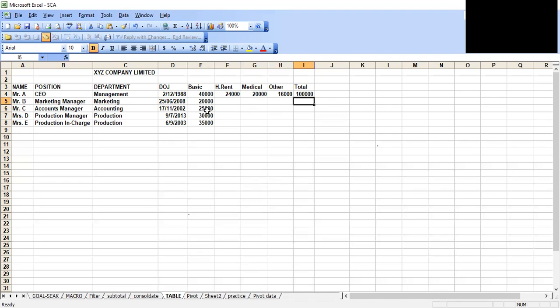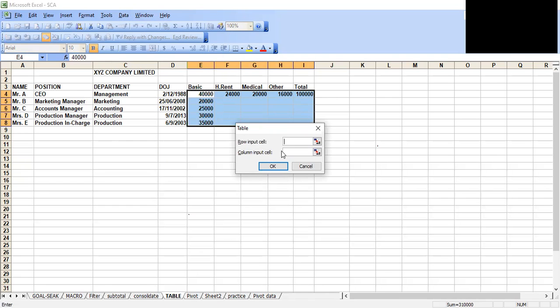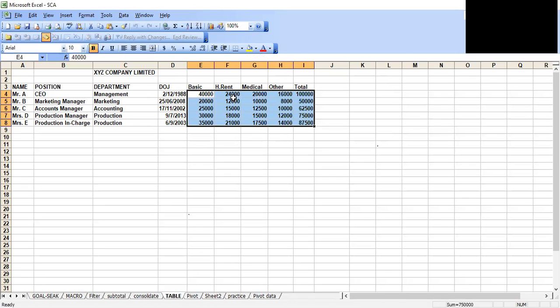Now to find out the other persons' total salary, also house rent, medical, and others, select all. Now we'll go to the data table and click column input cell here. Now first, Mr. A, CEO, click this basic salary and then click OK. You will find all the persons' total salary including house rent, medical, and others according to 60%,